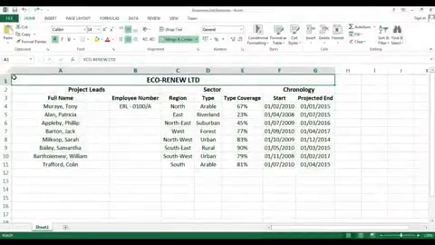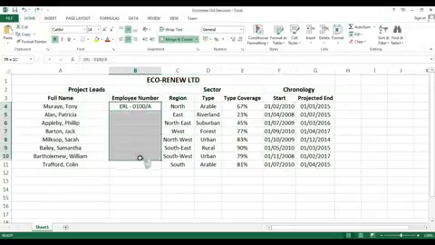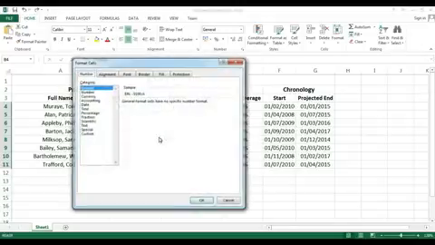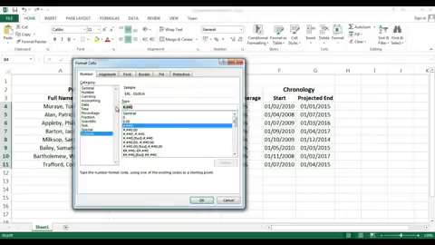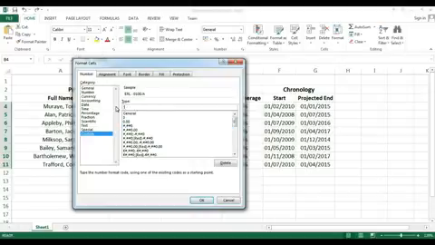So to apply our custom number format, we first need to select the cells where the formatting will apply. Right-click, choose Format Cells, and go to Custom. Choose any of the types underneath and then begin the edit. Remember, we have a string at the start and the end of our custom number. So we start our string with quotation marks. Type in our text,